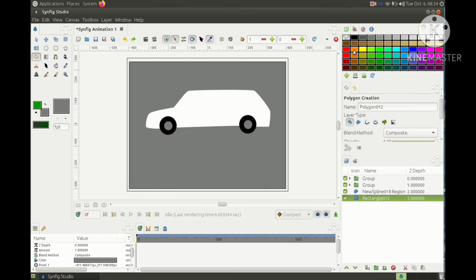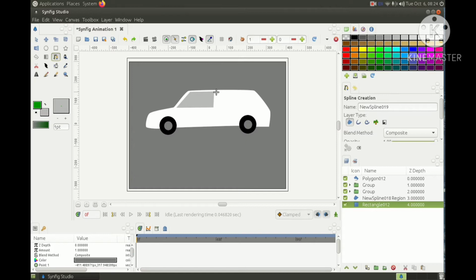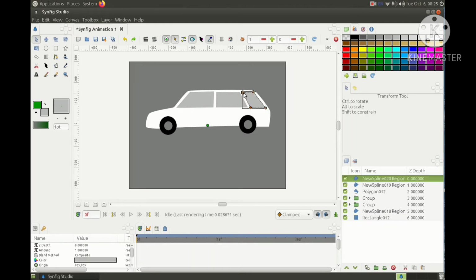Again select the polygon tool, select any color of your choice, and this is how we have created our car.